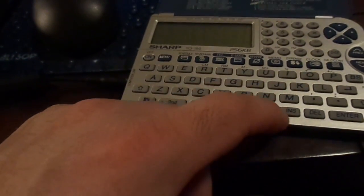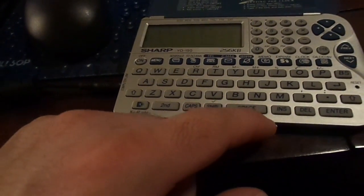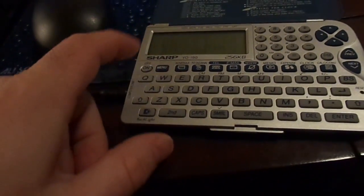Yeah, it cannot sync with any software other than its own. It cannot sync the schedule or to-do reminders or any of those things with Outlook or any variant of. It's really limited. It's a great calculator, a great personal organizer and address book, but anything beyond that, forget about it. I did use mine for a couple of months, though. I got a lot of use out of it. But nevertheless...